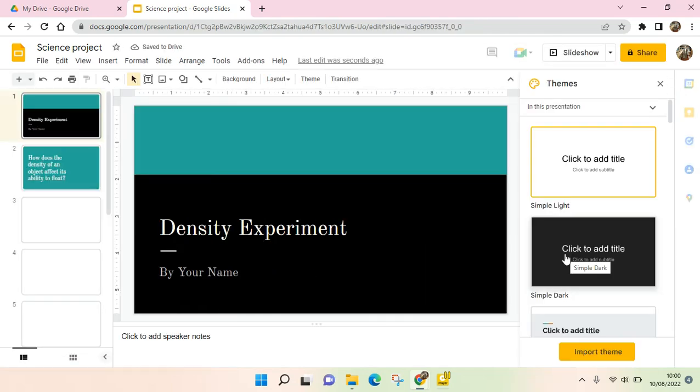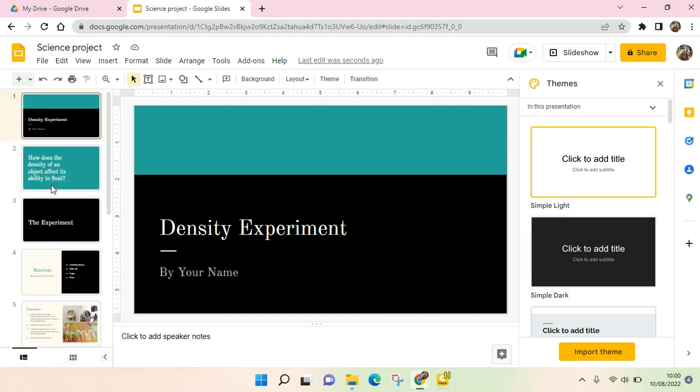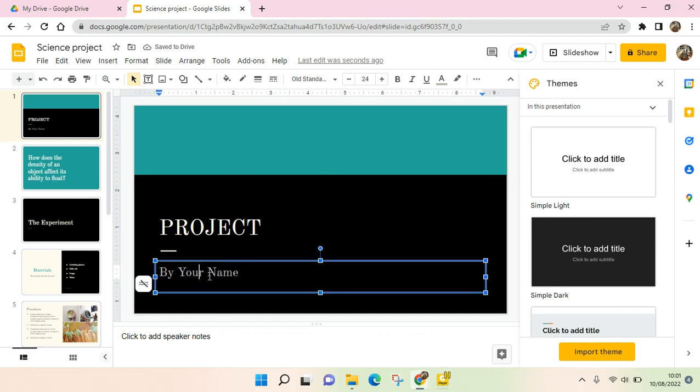Okay, so here is the templates. You can just make some edits based on your presentation. For example, here, project 1, and type in your name. For example,